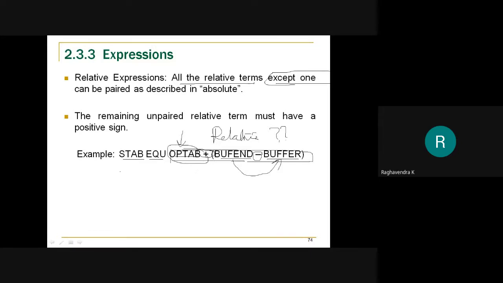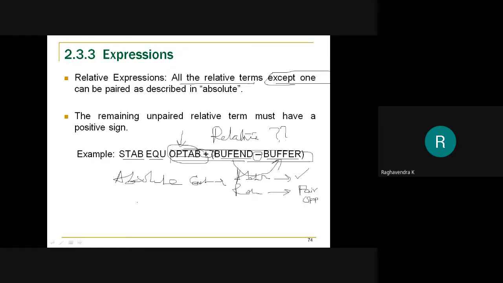Remember now, an absolute expression comprises of either absolute terms or relative terms. If it is made up of absolute terms, no problem. If it is made up of relative terms, ensure that they are in pair with opposite sign.